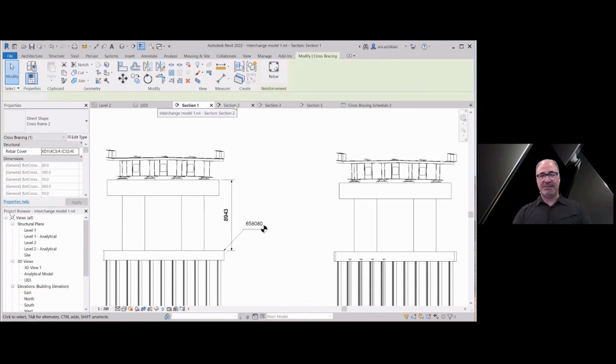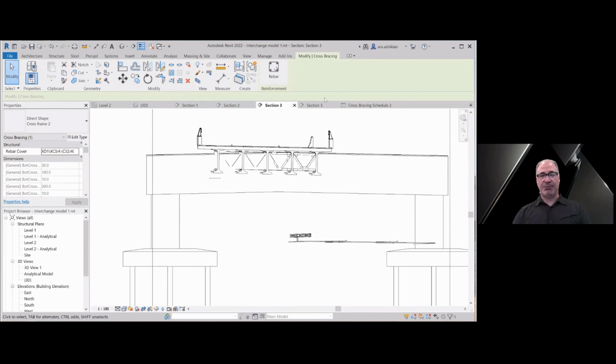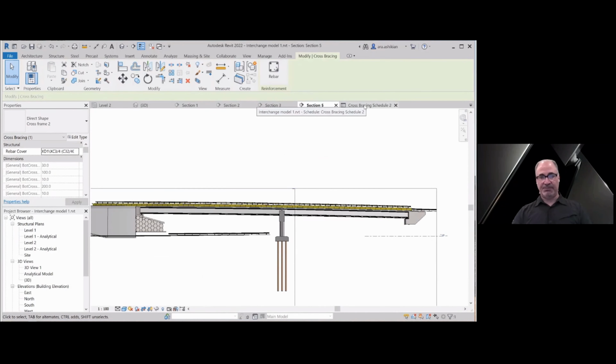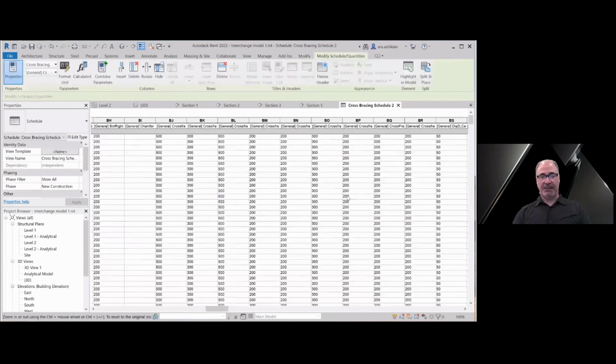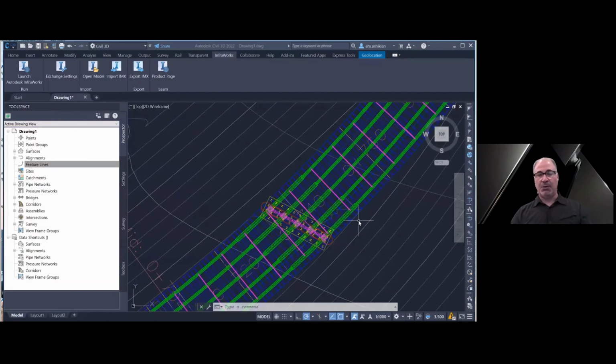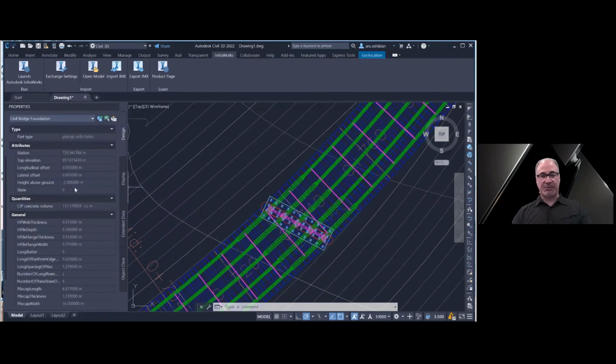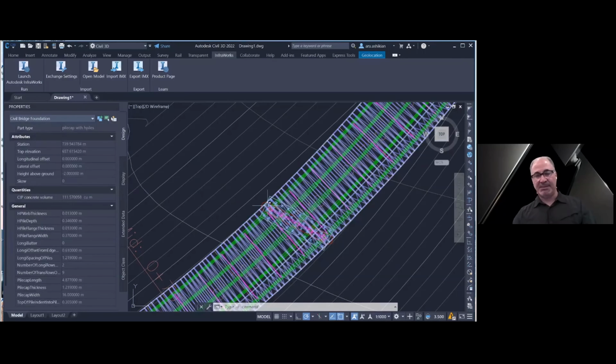Here we can see the twin steel bridges, one of the bridges in elevation, the outrigger bent bridge, the elevation view of that one, or very detailed schedules. This published bridge can also be brought into the Civil 3D road design model, or to create a new Civil 3D model with all the bridge elements and so on. All the parameters also come across into property sets inside of Civil 3D.